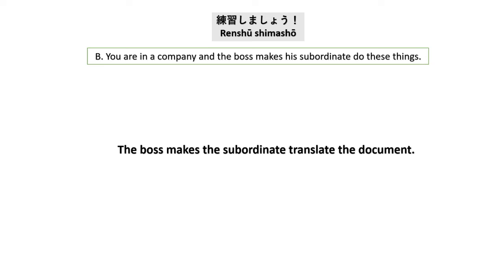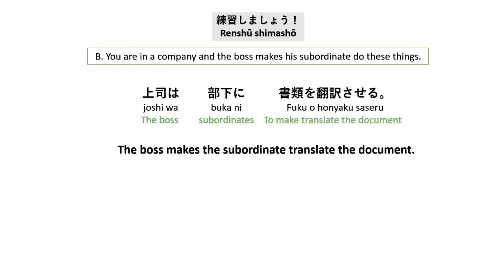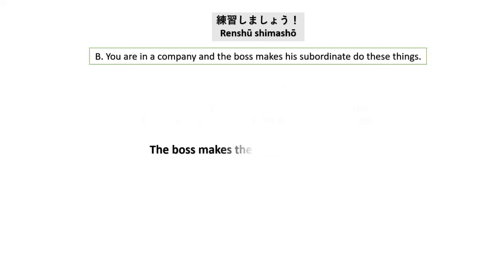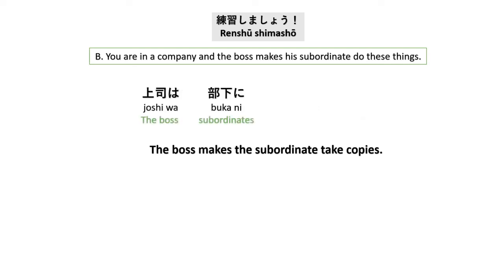The boss makes the subordinate translate the document. 部下 subordinates or subordinate. 翻訳させる comes from 翻訳する to translate. The boss makes the subordinate take copies. 上司は部下にコピーを取らせます。